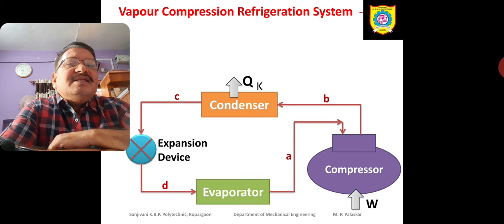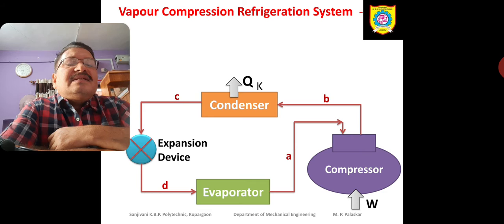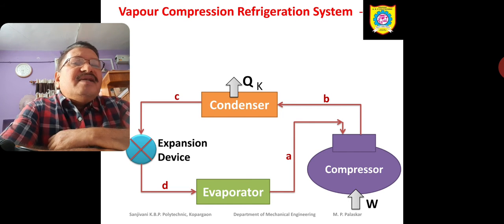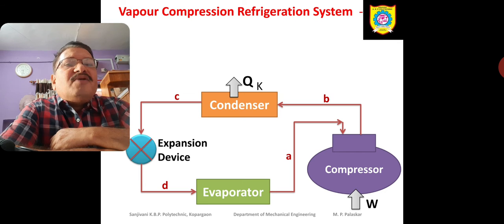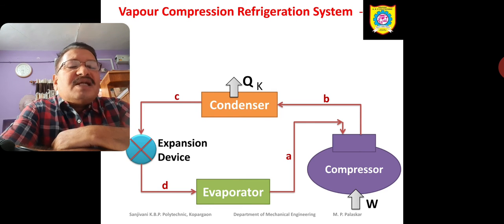The refrigerant which enters inside the evaporator is in the liquid form, but some liquid has been flashed into vapor, so a small percentage of vapor may also be present along with the liquid entering the evaporator. In the evaporator, the liquid refrigerant will absorb heat from the surroundings and get evaporated. Heat is required for evaporation, so this heat of evaporation is absorbed from the surroundings, and thus cooling takes place.